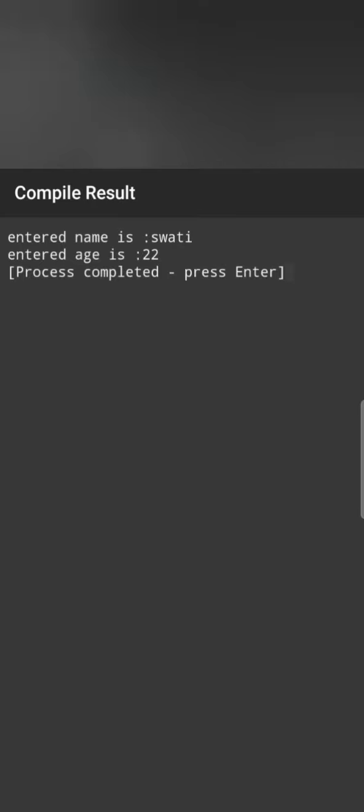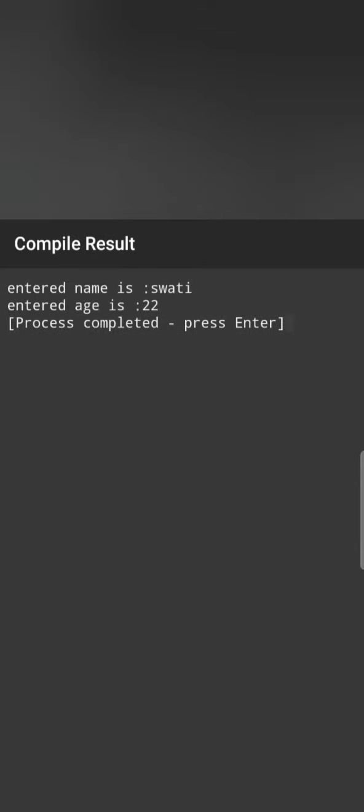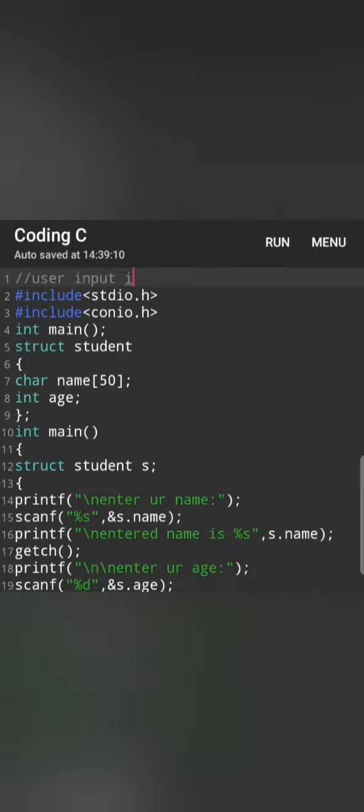Now we will compile our code and check the output on the screen. The values entered by us are clearly visible on the screen. Now let us assume that I want to enter the name and age of two students simultaneously. So let us see how to iterate the same thing two times. We will take the same code only in which we have entered the user input.